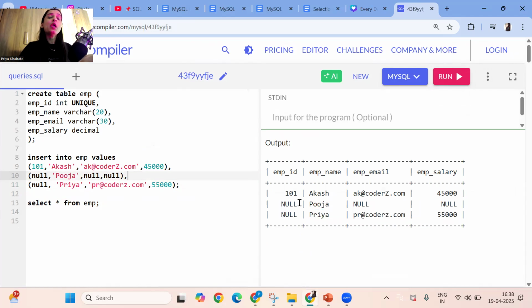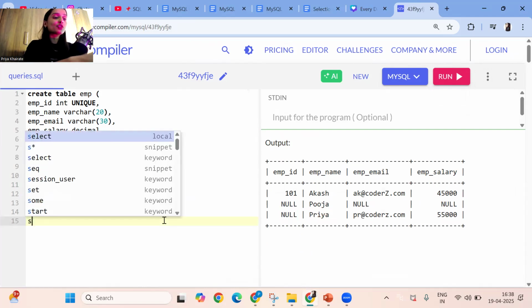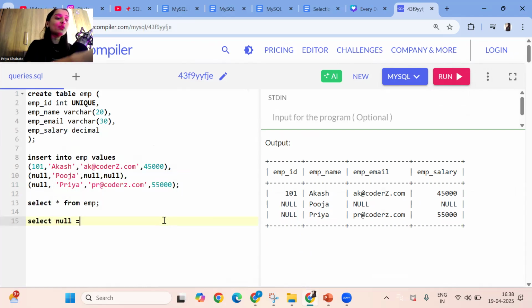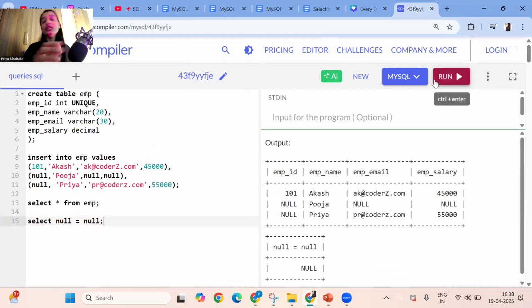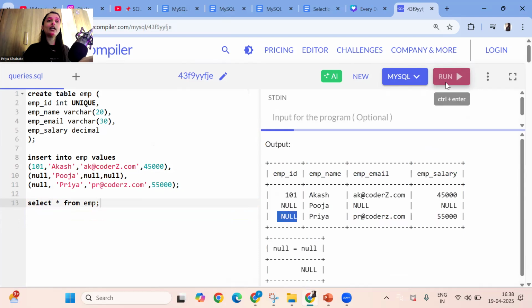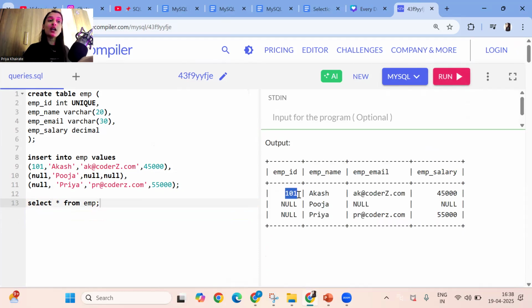Now if you are thinking, ma'am, one null is already present, so how come duplicates are allowed? Just now I have shown you guys, one null value is not equal to another. If you try to compare anything with null, the result will always be null. It won't return true or false. So that's why here you are getting the output null. In a unique column, unique values are allowed. 101 again is not allowed, but null values are also allowed. Okay. So this is the rule of the unique constraint.